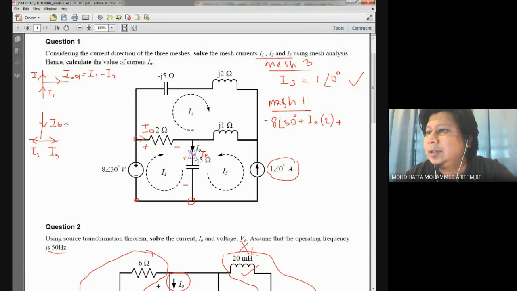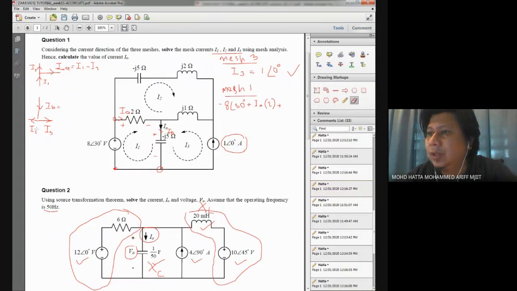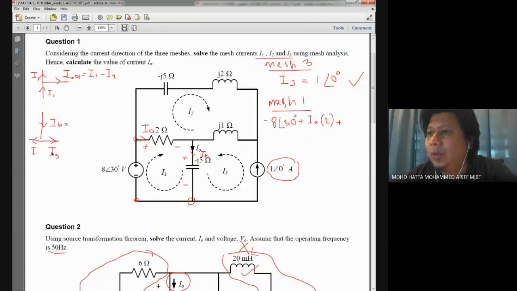So that is why the current direction is very important, because we need to determine the direction of the current and what is the exact equation of the current that we need to find. So here IB is equal to I1. This is not I2. Did I say I2 just now? I think I said I1. It is I1. IB is equal to what? I1